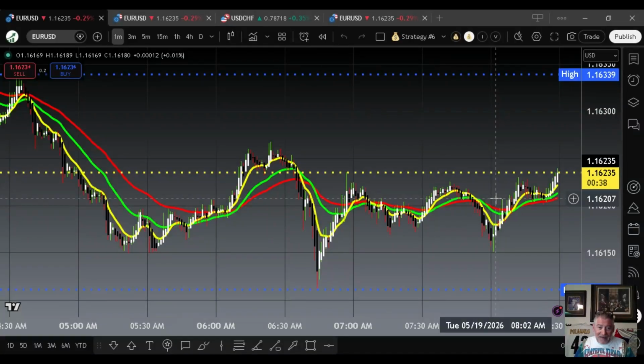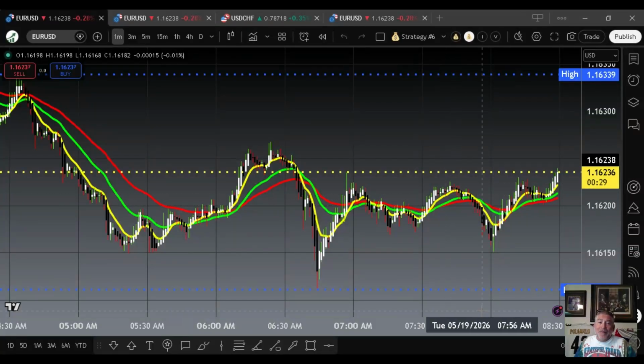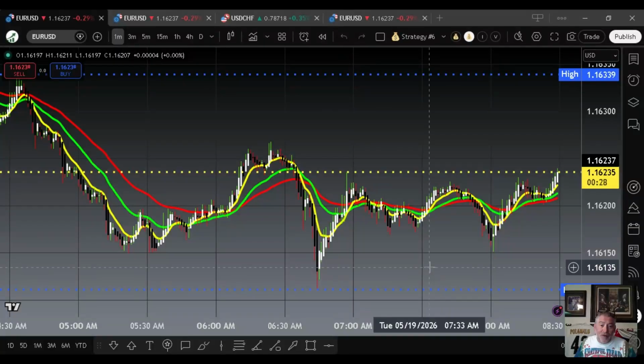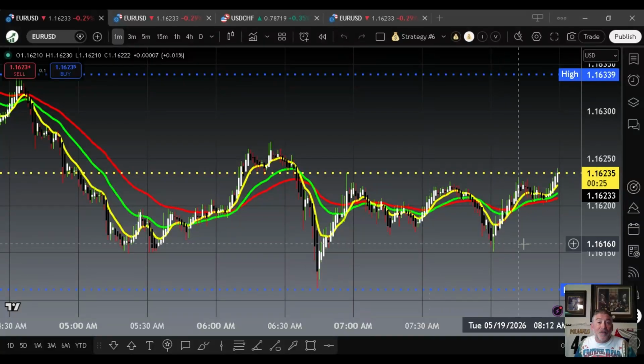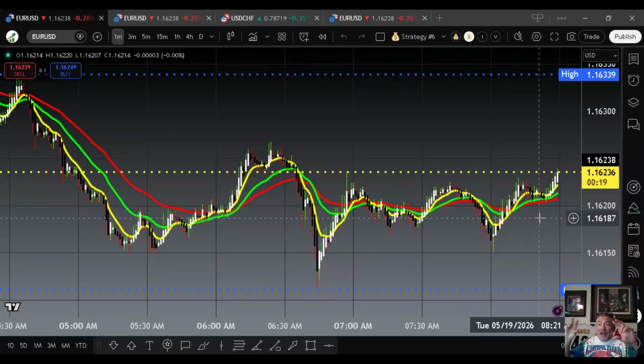So mechanically, you would take that sell. Let me know if it hit T1 in 30 minutes to an hour and a half. You would take that buy. Let me know if it hit T1 in 30 minutes to an hour and a half. You'd take that sell, and you'd take that buy, with the same check each time. And your record might be 1 win, 3 losses, 0 wins, 4 losses, 4 wins, 0 losses, and I don't